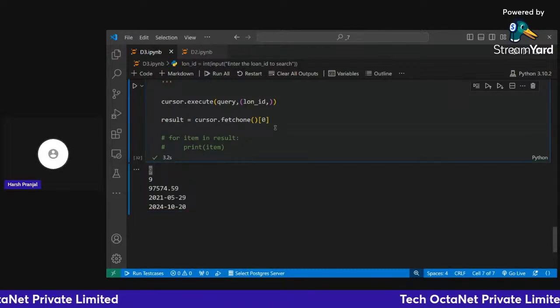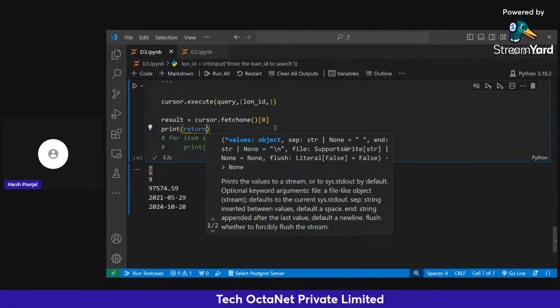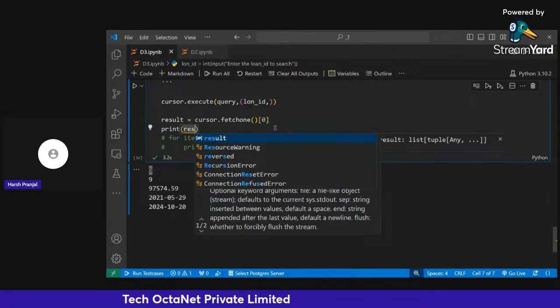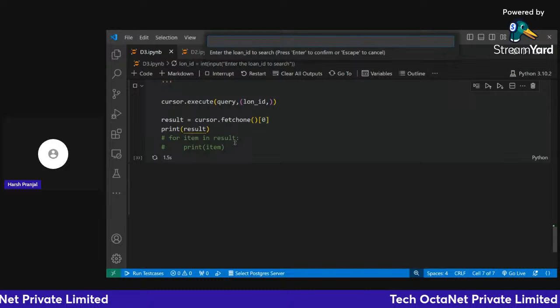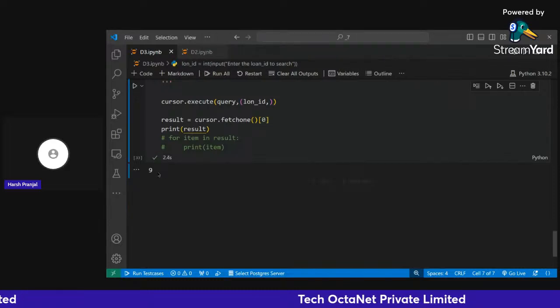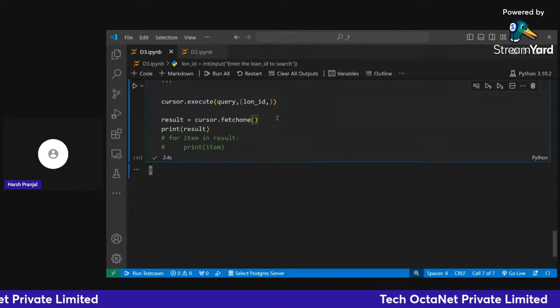Let's see. We are only getting the 9, right? If we completely print the result,